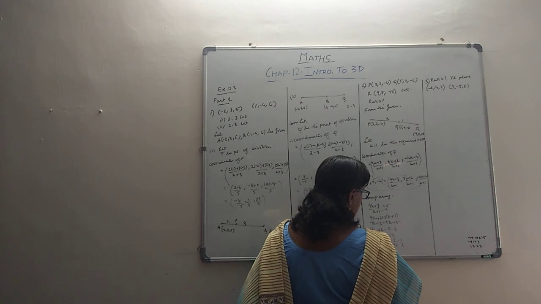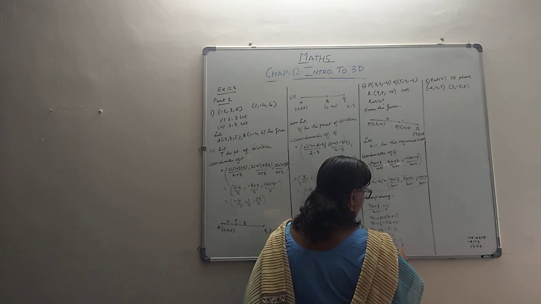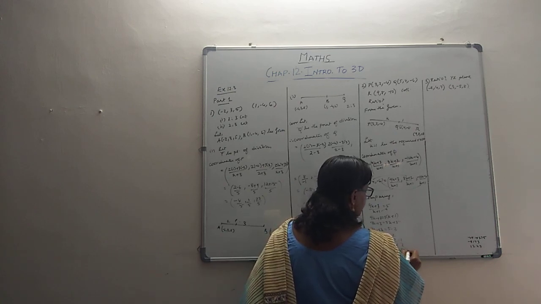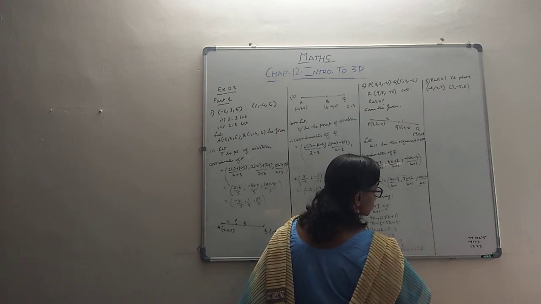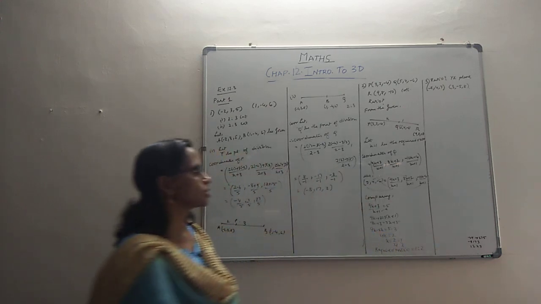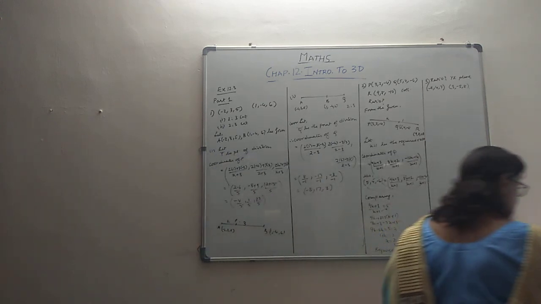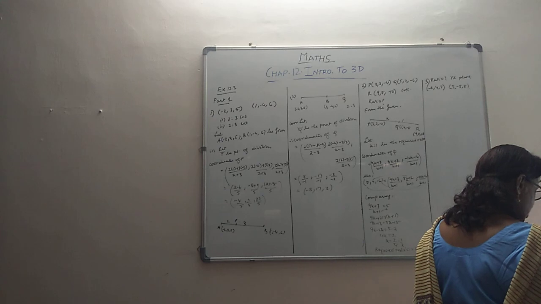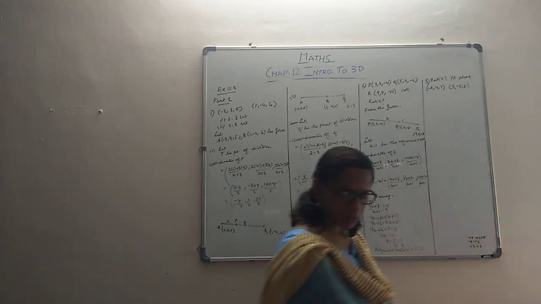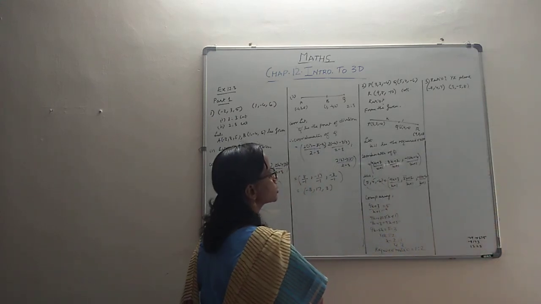So what's the required ratio? It is k is to 1, and that means it is going to be 1 is to 2. So that is the required ratio in this case. That's it. Exactly as how we were doing in the 10th standard, except that one part will become extra. Once we are done with that, we are now moving to question number 3,